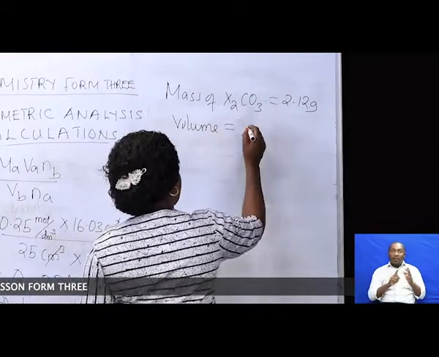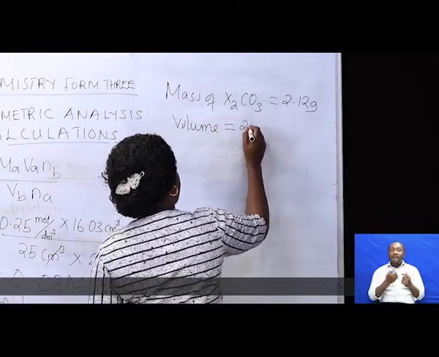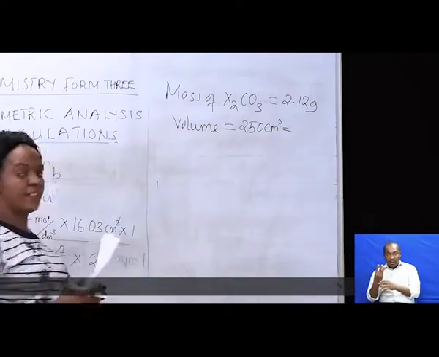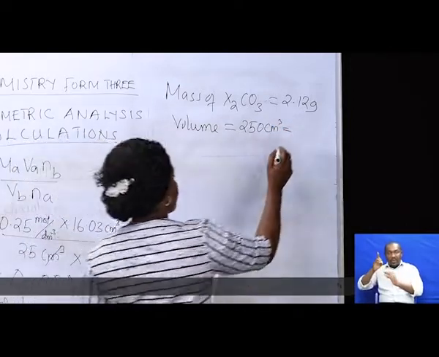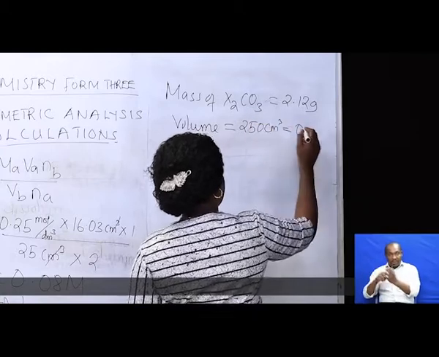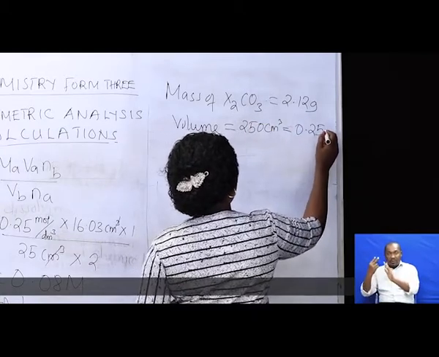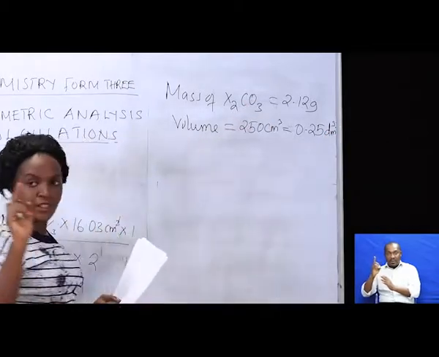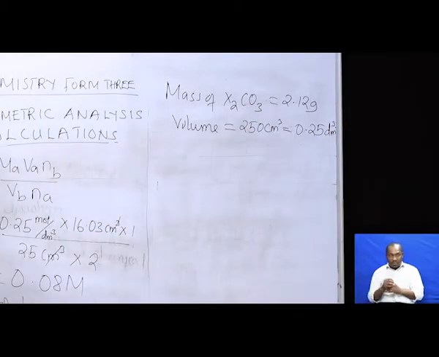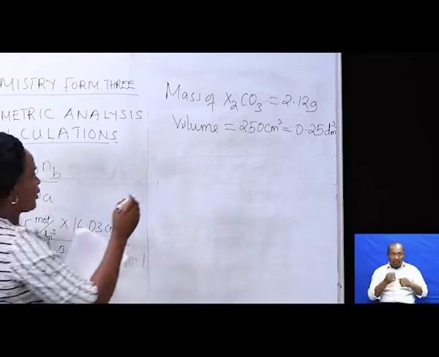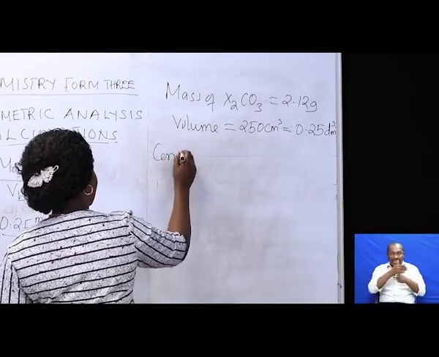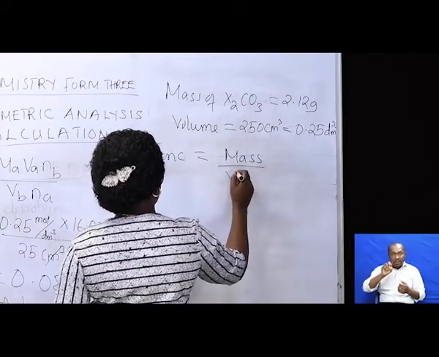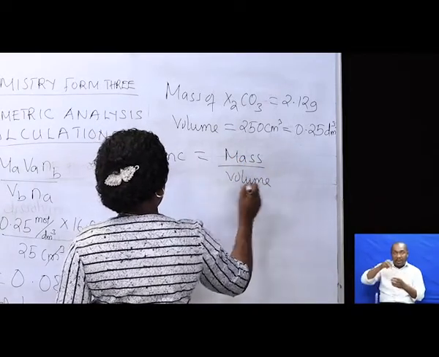It was how much? 250 cubic centimeter. Convert it into cubic decimeter. If you convert, it will be 0.25 cubic decimeter. Why do we need this? We need to find the concentration of metal carbonate. Therefore, concentration will be equal to mass given over the volume, which equals to